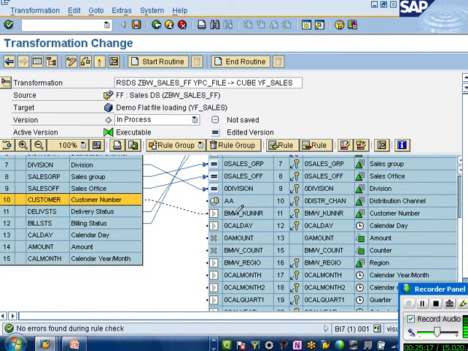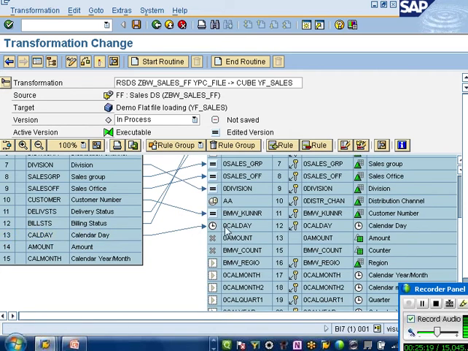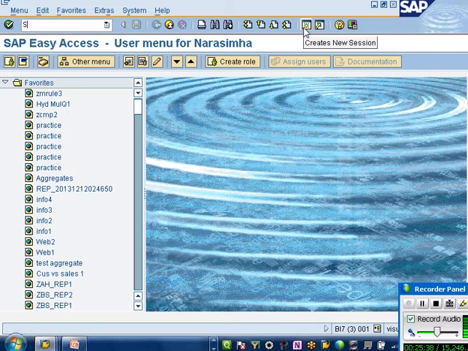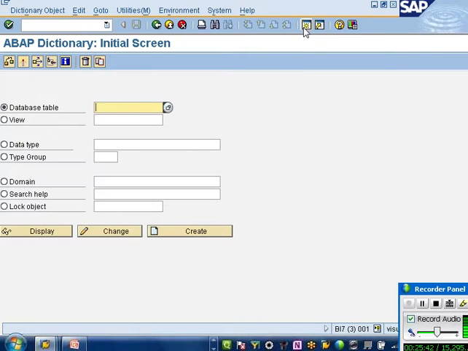For customer, I'm okay with direct mapping. Cal time, okay with direct mapping. For amount, I would like to do some currency conversion. I'll make sure all my data in the source is in INR, and I'll try to convert that, or let's say USD to Euro. Let me just check. All my exchange rates would be in a table called key curve. How and when they come, we'll discuss later.